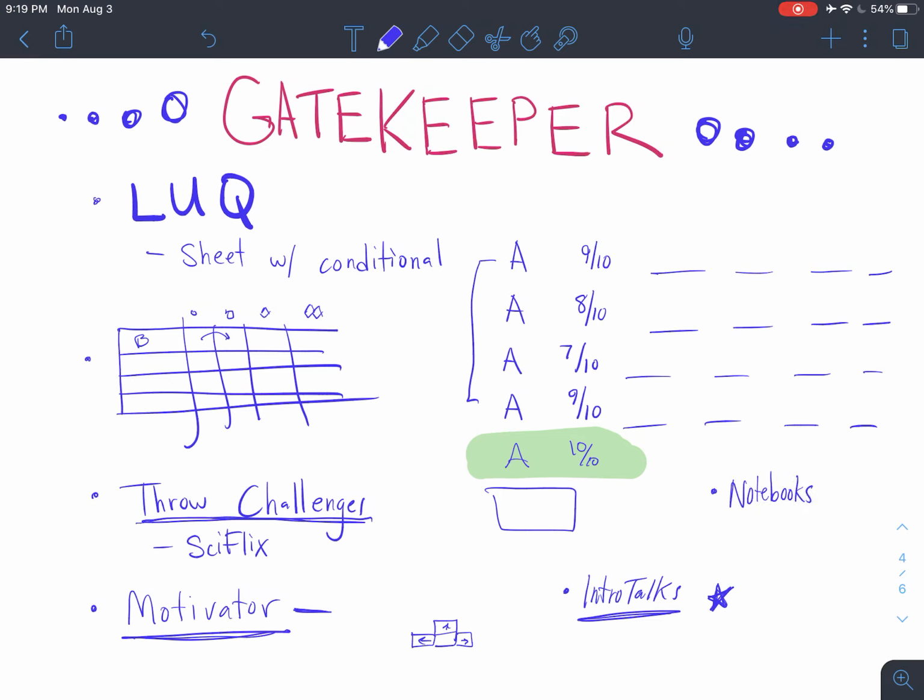One other area that I use as a gatekeeper is the notebooks. Now, the notebooks are my version of paper and pencil in the classroom, where I ask students to take notes, and I want to make sure they have the notes, but I'm not checking every single word. Well, there is a wrong answer. They must get the correct definition down. So it's just either right or wrong. So a lot of things that are just either right or wrong, I'm checking for completion and not depth. I have students put into their notebook, and that gives me a chance to check in with them and get an idea of what they're doing and what their work ethic looks like on paper and pencil.